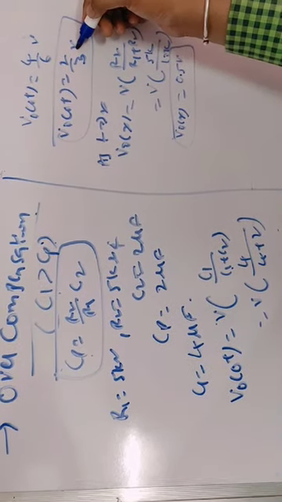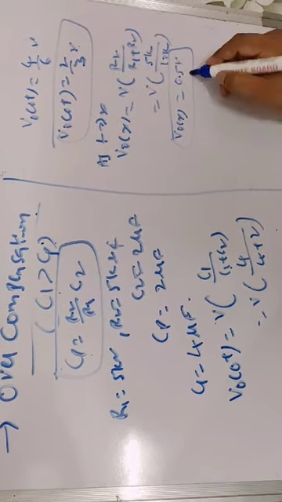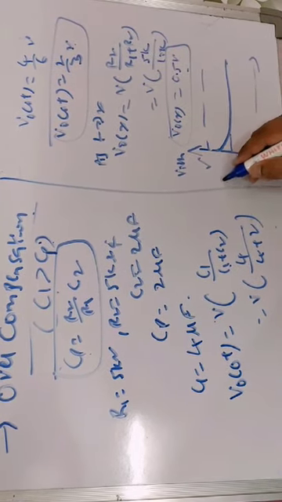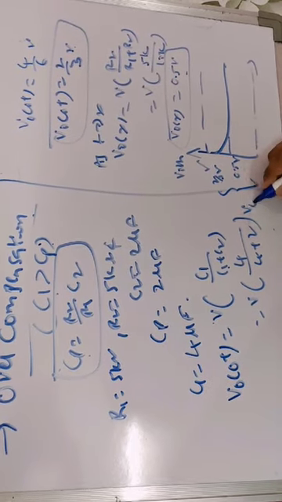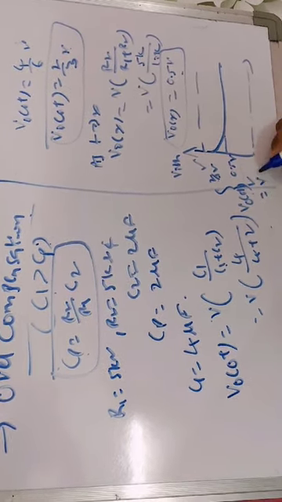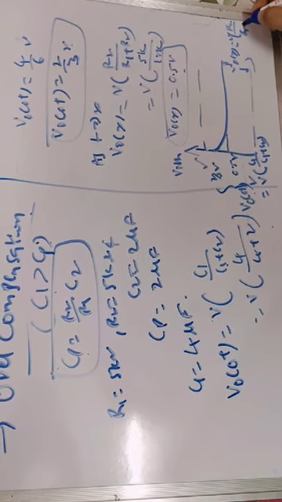Initially it is starting with 0.67 V, and finally it is reaching the value of 0.5 into V. That means the applied input voltage is V here. So this is the final value, and the initial value is 2/3 V, and initially it depends on the capacitors. V0 of 0 plus is V into C1 divided by C1 plus C2, and finally it depends on the resistors. V0 is equal to V into R2 divided by R1 plus R2.